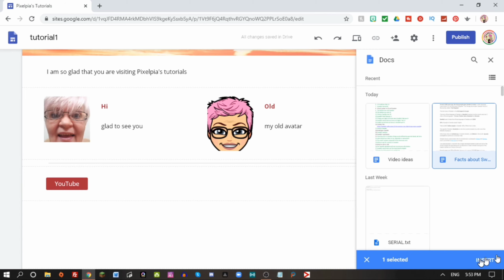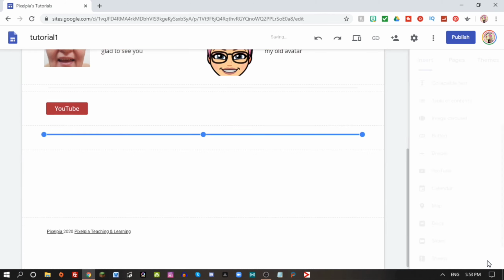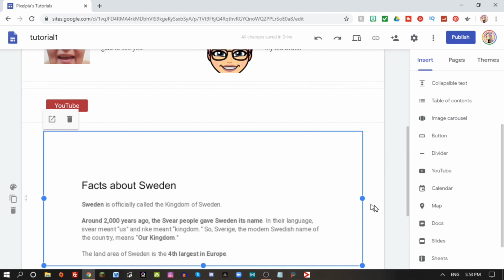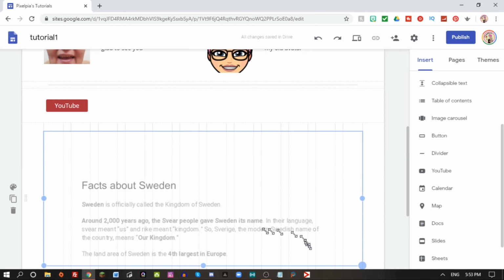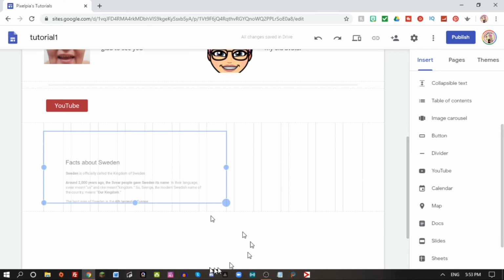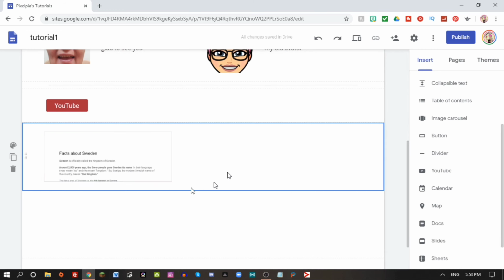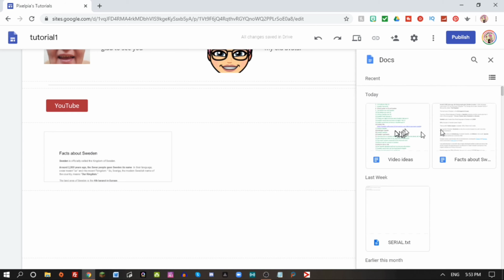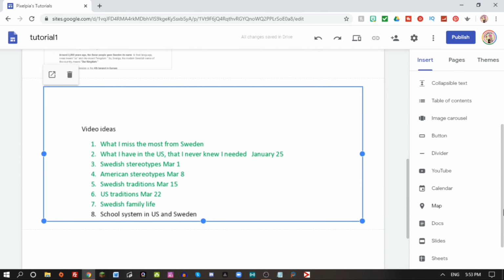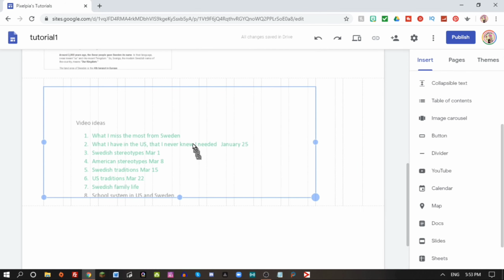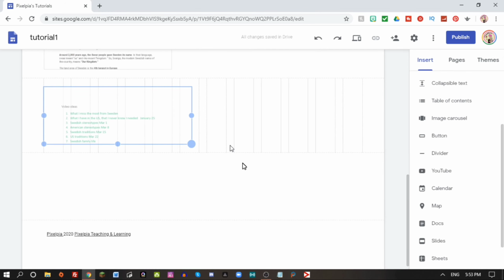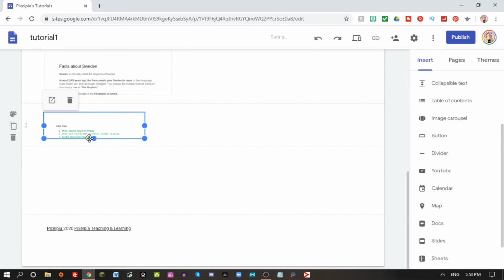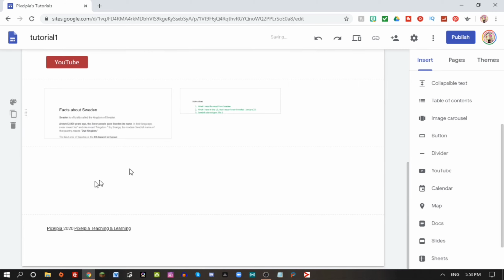I click on it and choose Insert. And as you can see, it inserts it right here. I can change the size. And let's go to Docs again, because I told you I wanted to insert the second one. The only reason I wanted to insert two is that I wanted to show you how I can drag and drop. I can resize them